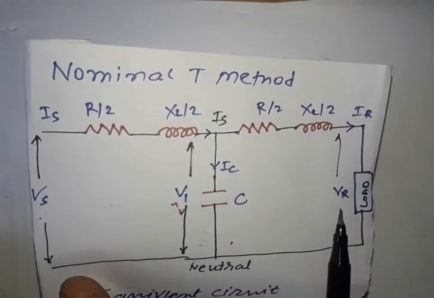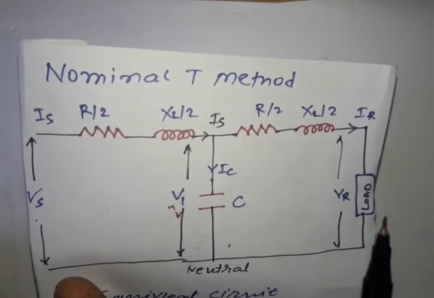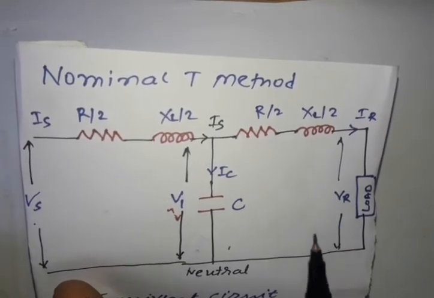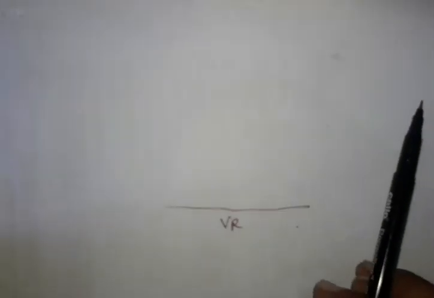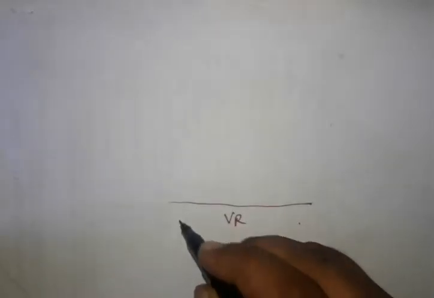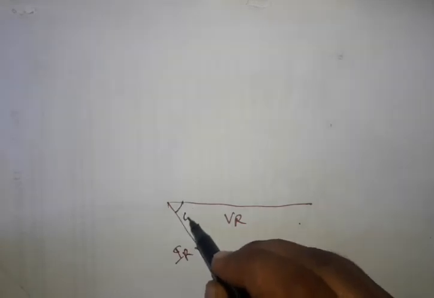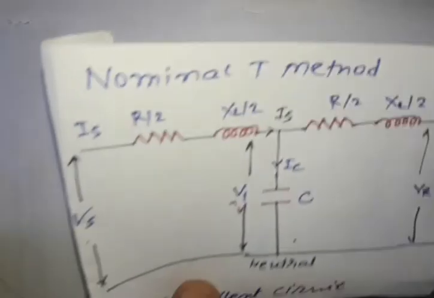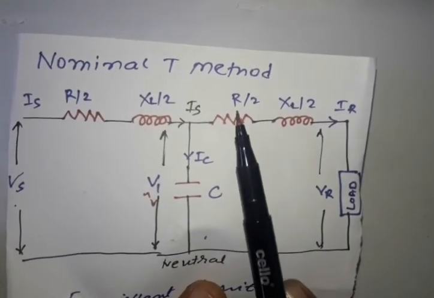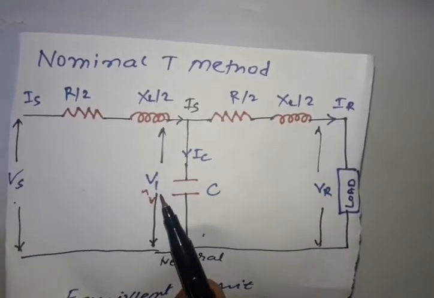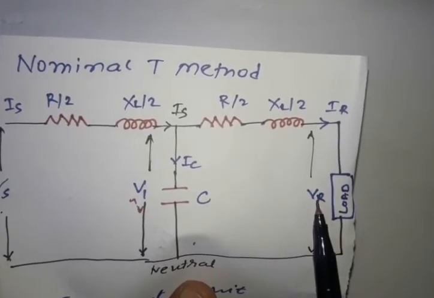The angle between Vr and IR is our power factor angle, cos phi r, which is already given in our example. So we find the current IR at the angle phi r to the Vr. We draw a line for current IR at angle phi r. Now in the equivalent circuit we see that voltage Vr plus some drop is equal to V1.